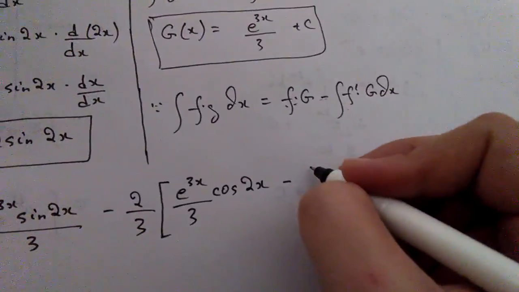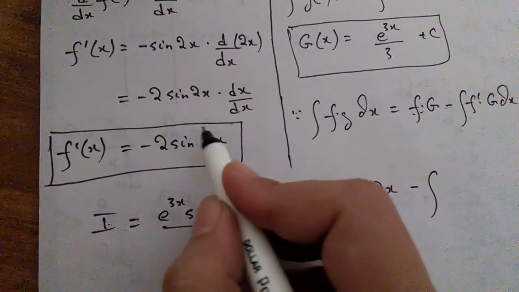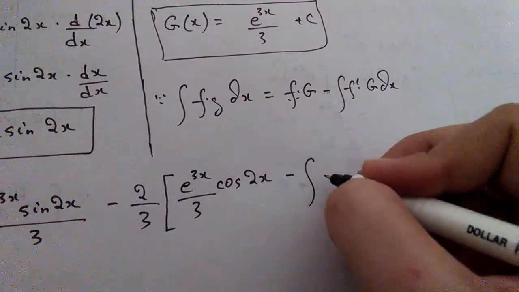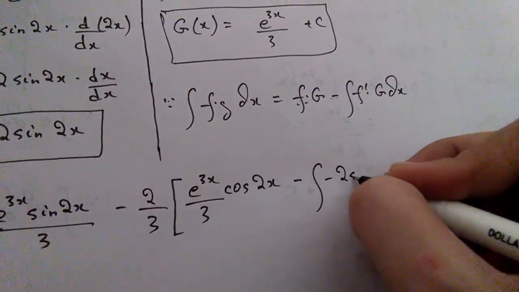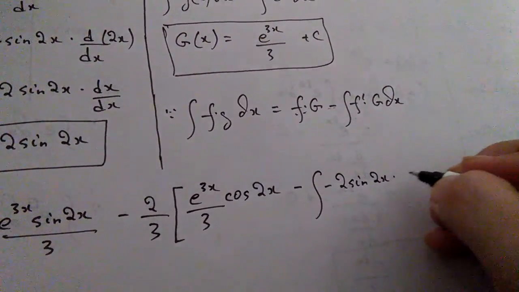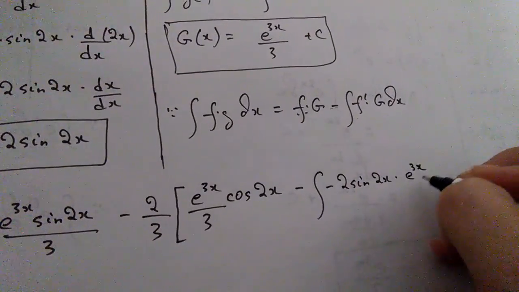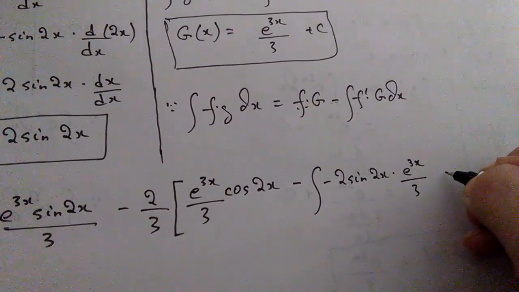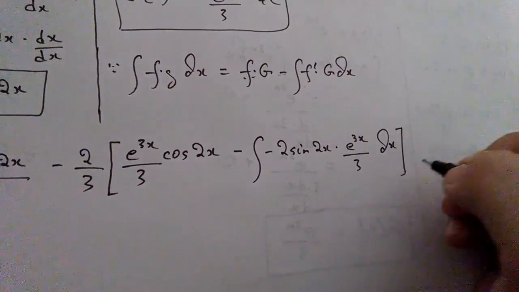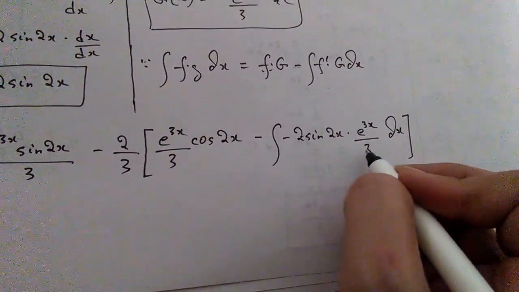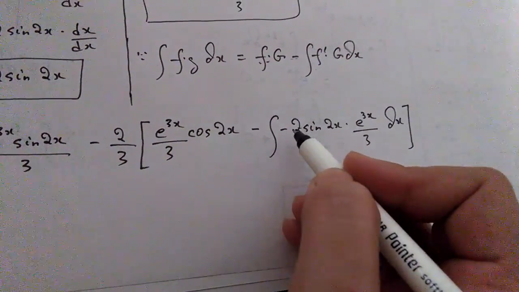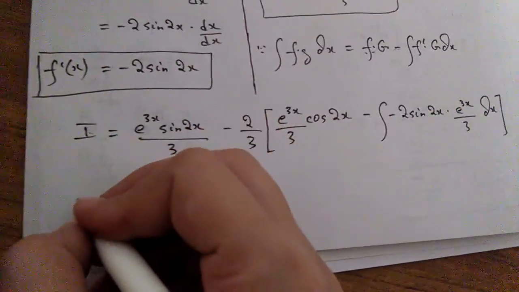Minus integral f dash x is this, and g of x is this. So it is going to be minus 2 sine of 2x into e power 3x upon 3 dx. Close the bracket. Okay, now this 2 by 3 is going to be written outside this integral, and this negative and negative becomes positive, you know. So